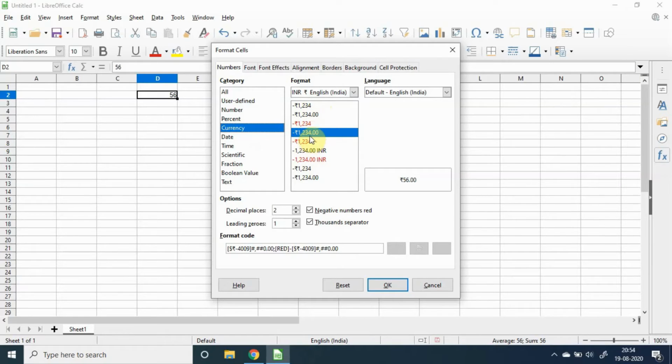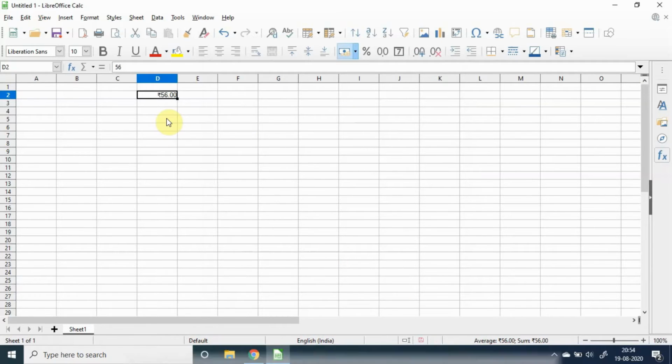Let us suppose we have chosen this format. In the preview box, we can see how the data is going to look. It will appear with the currency sign. Let us click on OK and we can see the effect.